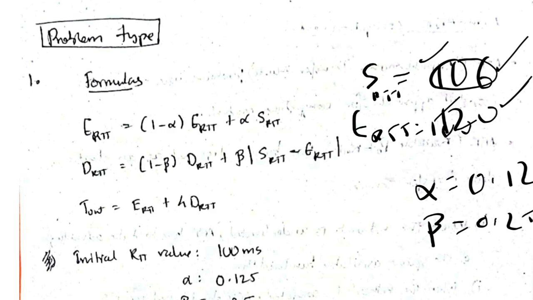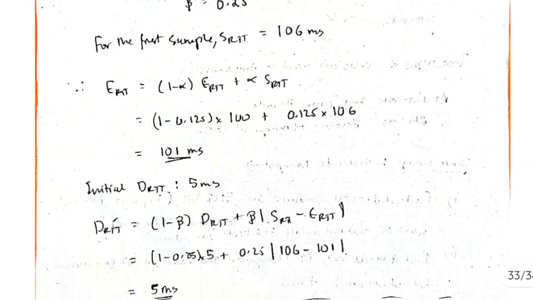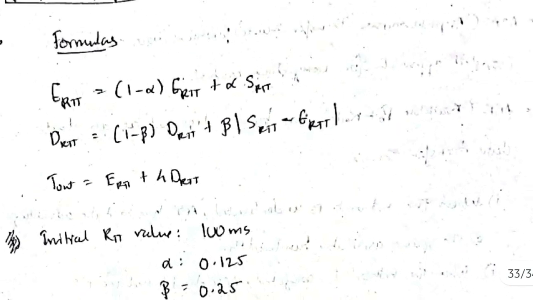Then in the next question, compute DRTT, and assume beta is equal to 0.25 and DRTT is equal to 5 ms. So the initial DRTT is 5 ms, before the first sample is obtained. These are the data given. I have written here the data which is given to us. So first what you have to calculate is